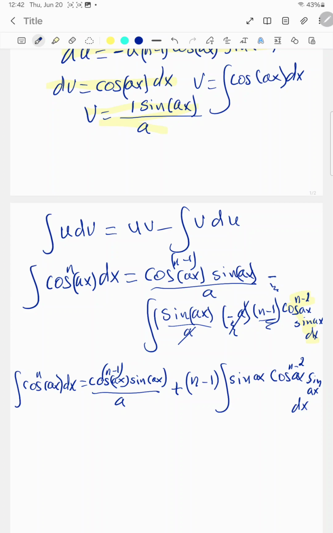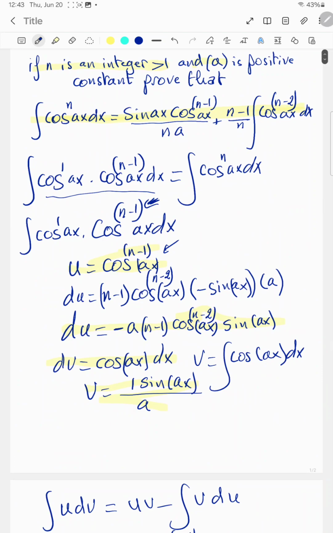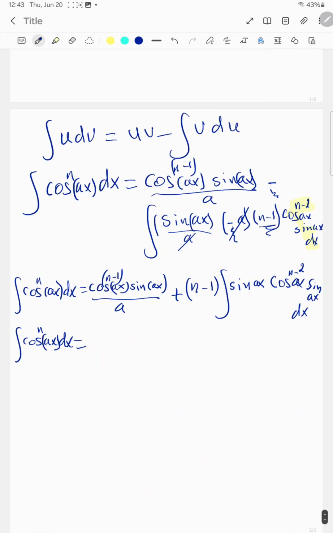Now I have sine ax multiplied by sine ax. I have the sine ax here and the sine ax here. If I multiply them together, I would have sine square of ax. So let's write it. My integral of cosine to the power n ax dx equals, because I want to prove it is equal, sine ax cosine ax, so 2 times 3 is equal to 3 times 2. I can start with sine ax